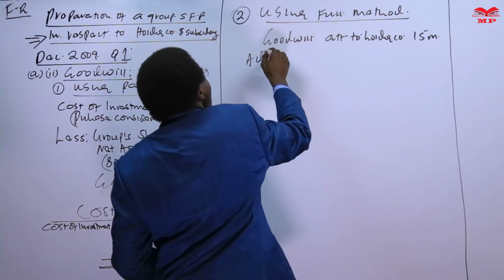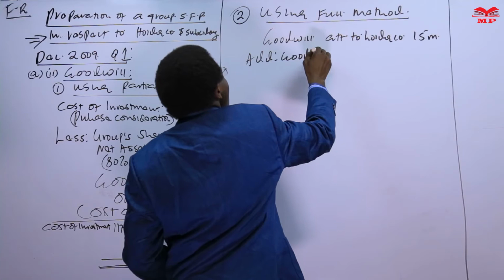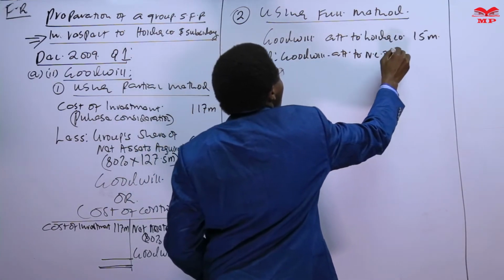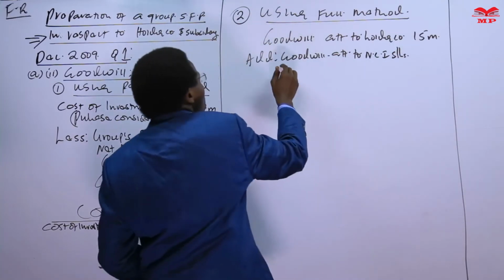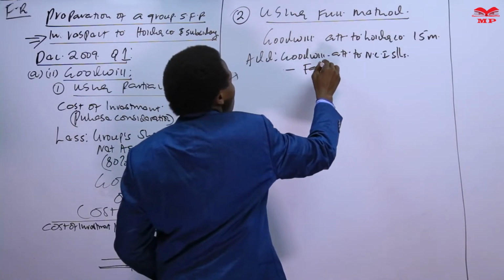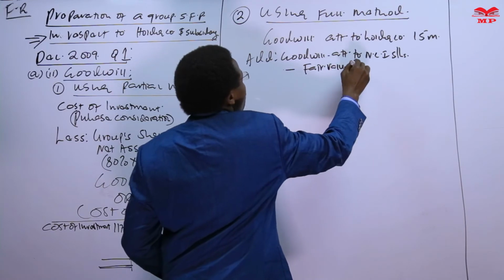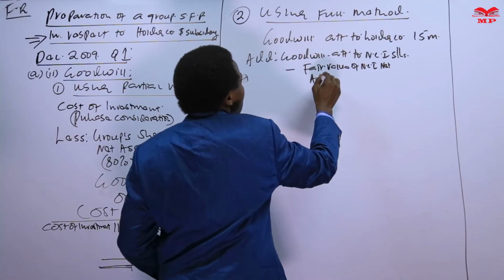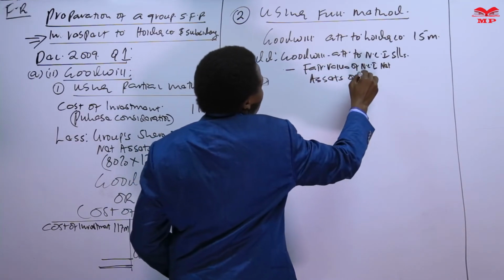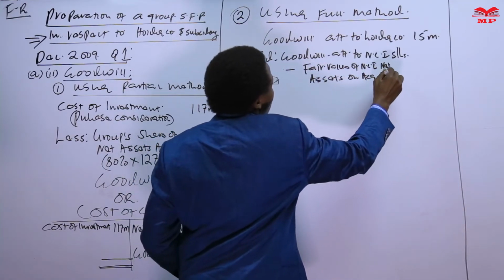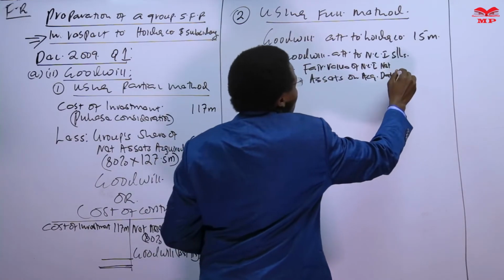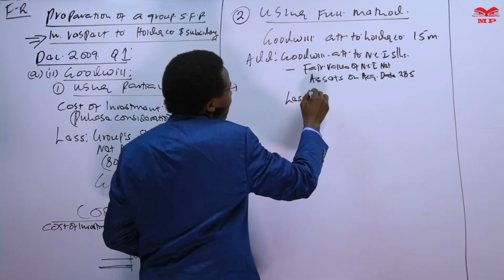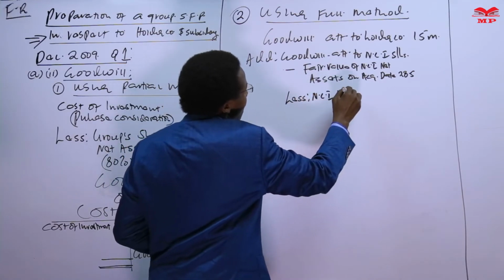We add goodwill attributable to NCI shareholders, which is the fair value of NCI net assets on acquisition date, which is 28.5. Then we less NCI net assets